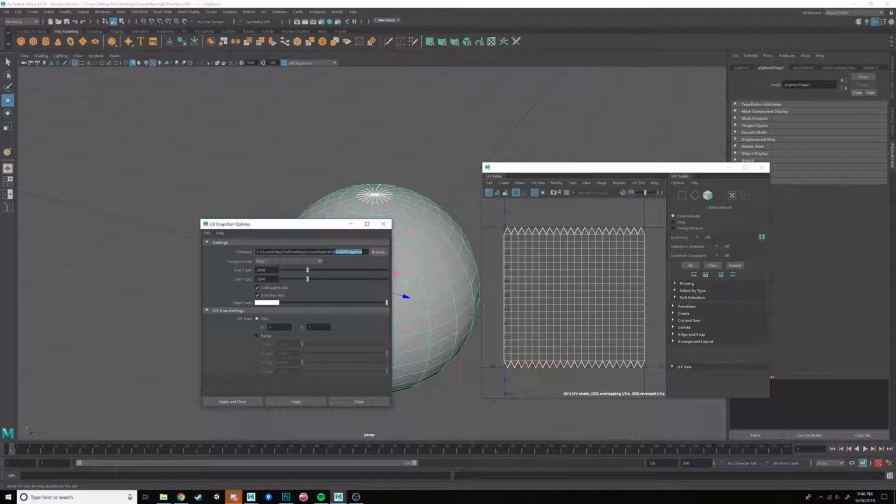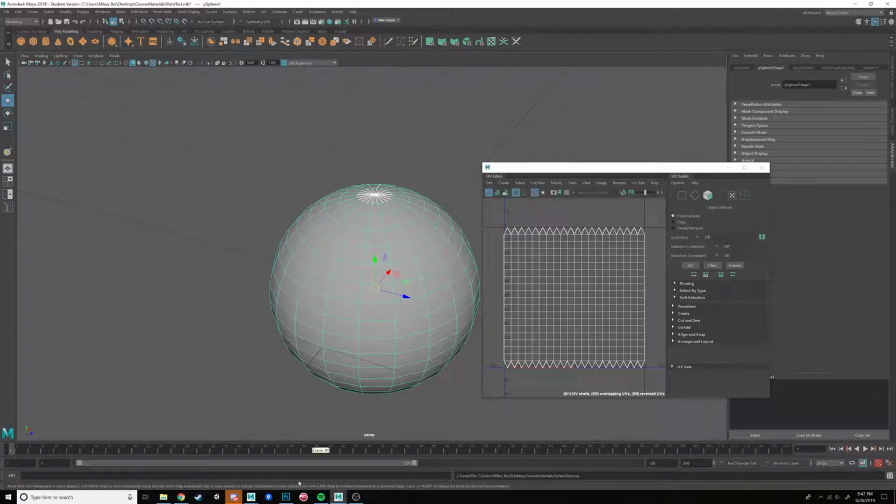Course materials, let's see, sphere, test. Sure, sounds fantastic. Apply and close. So you usually click the browse button, but the directory is already set up for me, and then you just navigate to wherever you want to save the file. And then here you're setting the dimensions of the texture, and remember, we want to keep this in a power of 2. So 2048 is great, 1024 is great, 512, 256, 128, all those values are fine, but as you're familiar with pixels now, the more pixels you have, the more detail you're going to be able to get. So I'm going to do 2048 for now. That's pretty good. Apply and close, and then you'll see that it made on our little script editor